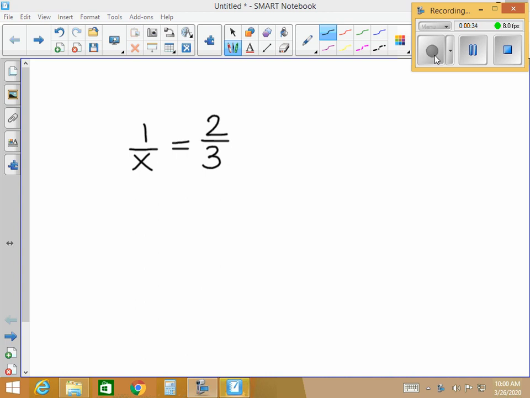fractions in the denominator. So maybe we have something short and sweet like 1 over x equals 2 over 3, and we're trying to solve this for x. One thing that's very important to keep in mind when we are working with rational expressions, anything from the first section in the book through the end of the chapter, is we have to worry about the domain. And we didn't use the word domain when we were adding and subtracting, when we were dealing with complex fractions,